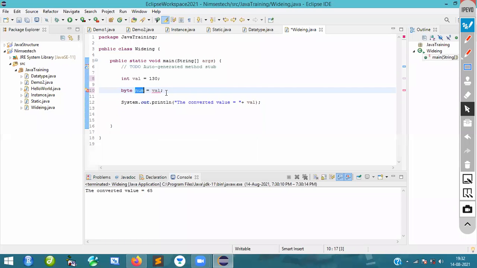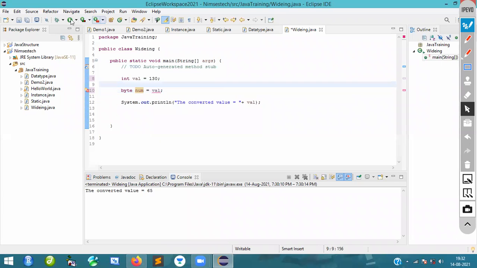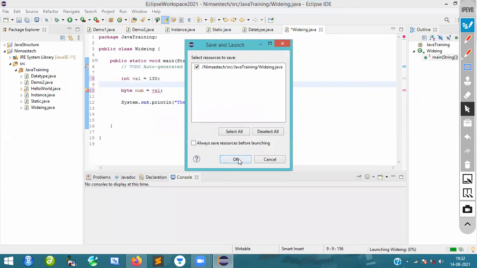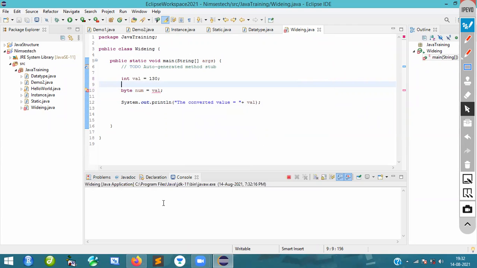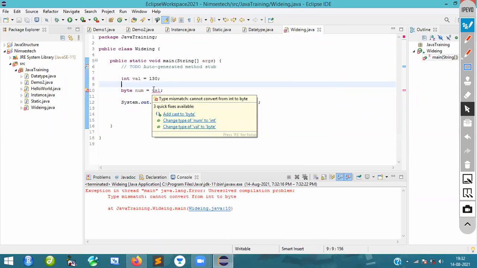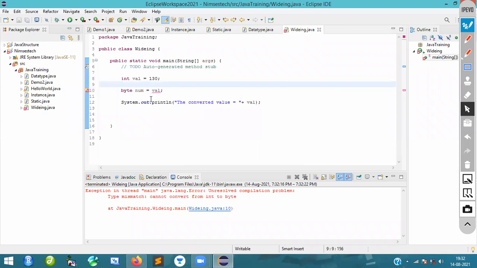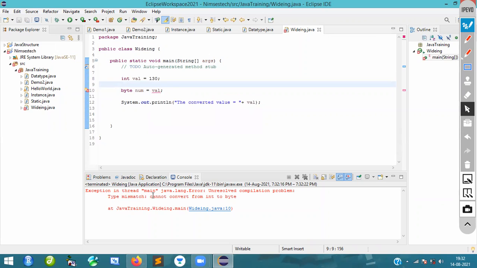Okay, let's see this one. See guys, you have a problem. The compiler will not convert this. It is telling very clearly that a type mismatch is happening: cannot convert from int to byte.